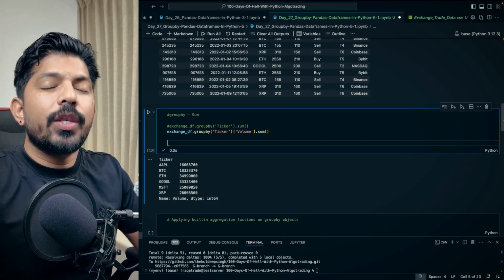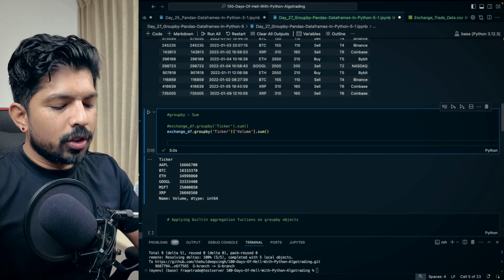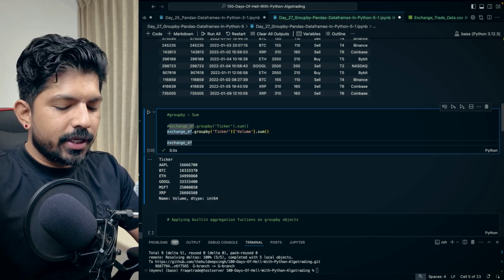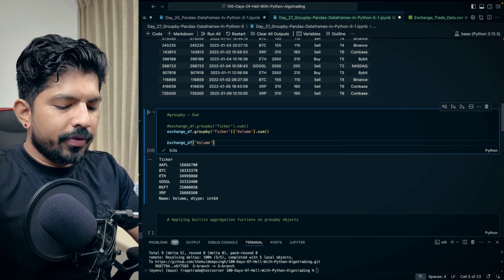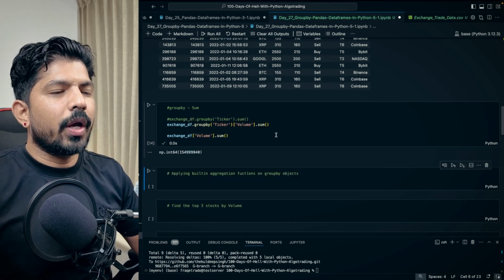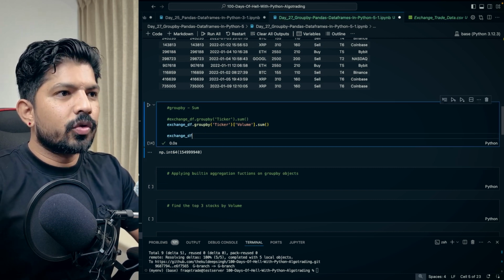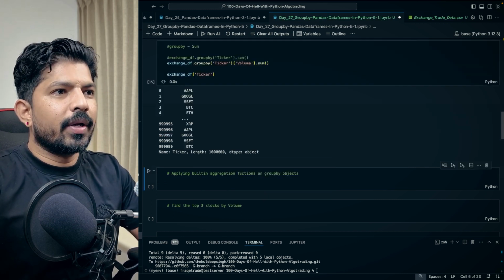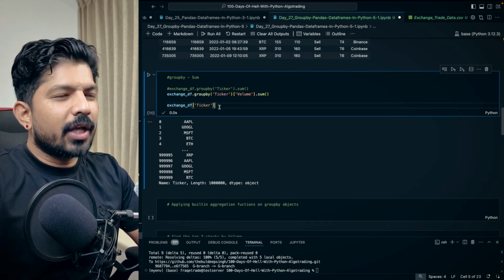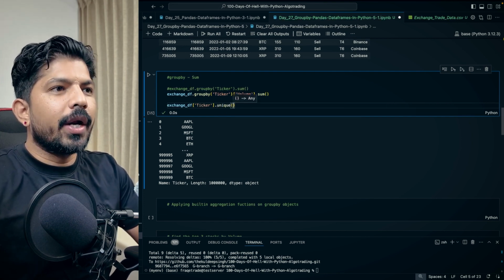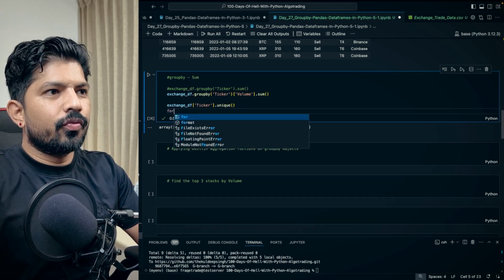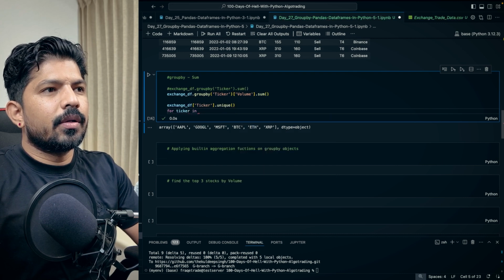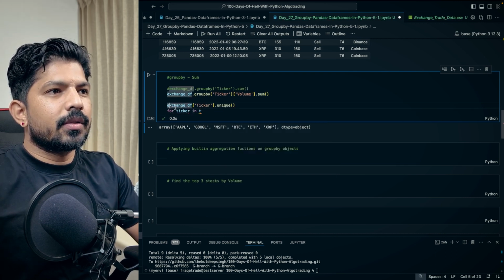Right? And we can also do it the traditional way which we were doing previously. So how can we achieve that? Exchange df, then we can apply on volume, and here we can apply sum, right? Actually it will give us the sum of everything. First we will apply on ticker, so we'll get all the tickers, and then we have to make a function here, right? Done that already. So first we have to find the unique tickers here, the array, then we have to apply a loop here. So for ticker in tickers,